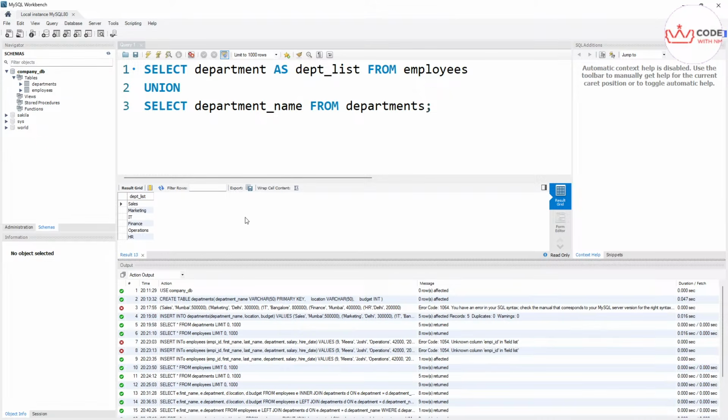Okay, this is the output. UNION combines the results of two SELECT statements into one list and removes duplicates automatically. Both SELECTs must return the same number of columns, and you can see sales, marketing, IT, finance, operation, HR. Okay, understood? What does union do? It removes the duplicate values automatically and returns